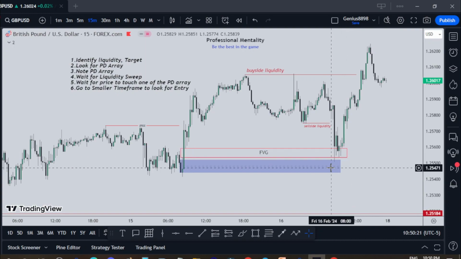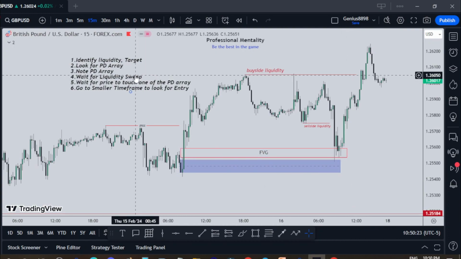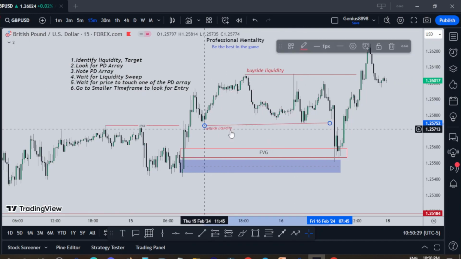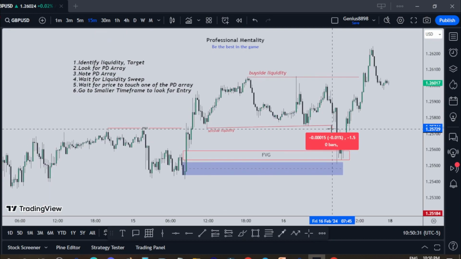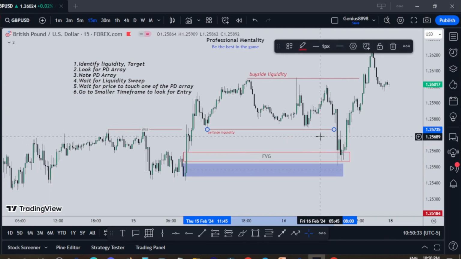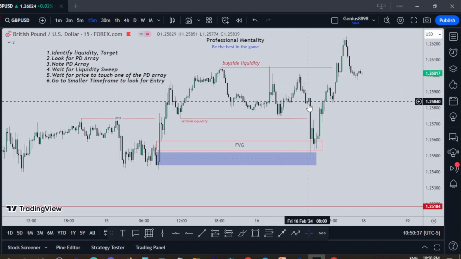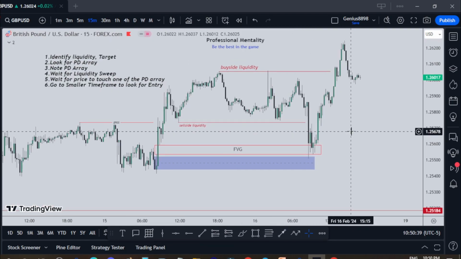After you noted it, wait for price to sweep liquidity. Identify the liquidity. So you have a low here, you have a low here. If you want to, you can draw price like this. We have a low here, we have a low here, and you want to wait for price to sweep out liquidity, because you have to wait for price to sweep out liquidity first before you enter the market. This is something that a lot of people don't think is important, but it really is